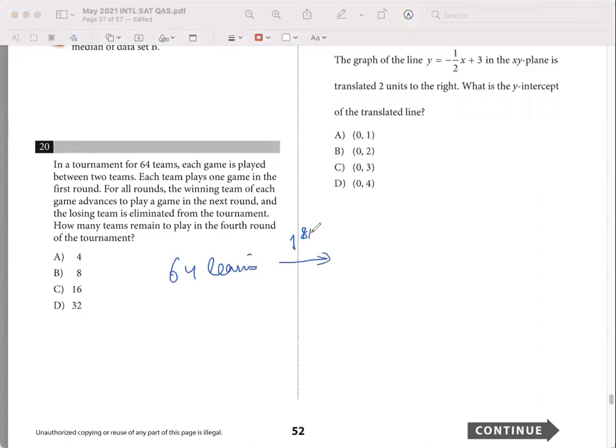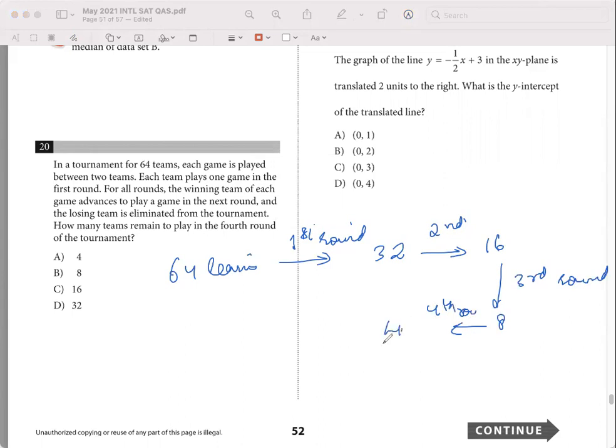After the first round, half would remain, 32, and the losing 32 would be eliminated. After the second round, another half would remain. After the third round, another half would remain. And after the fourth round, another half would remain. So after 4 rounds,